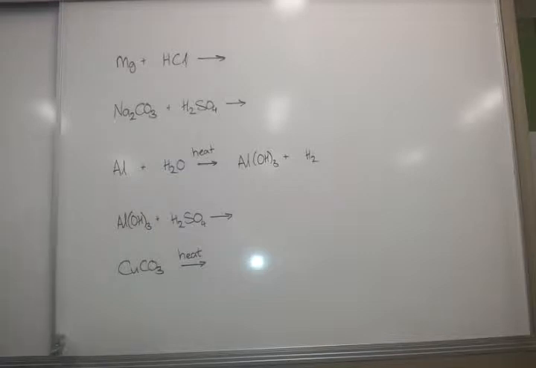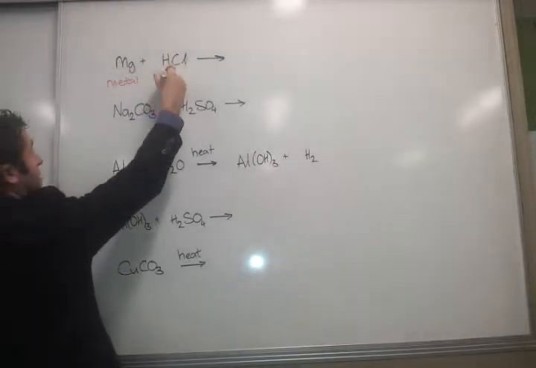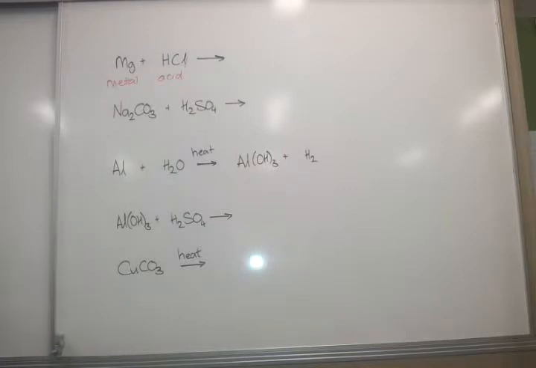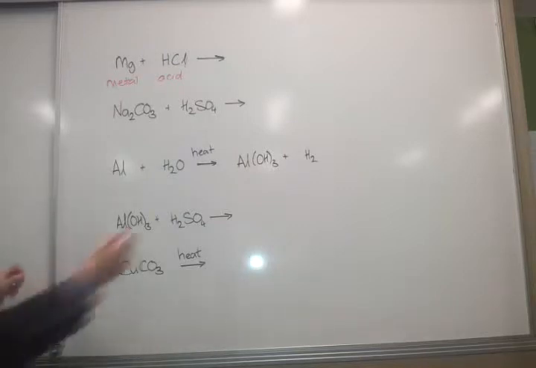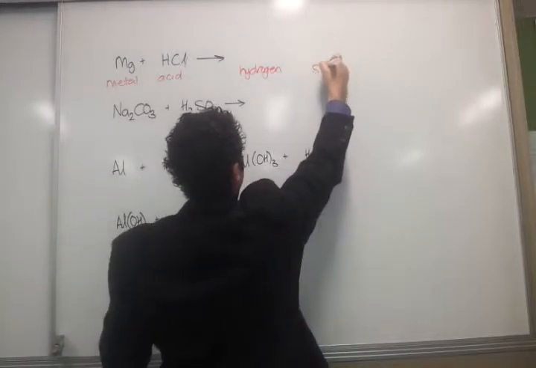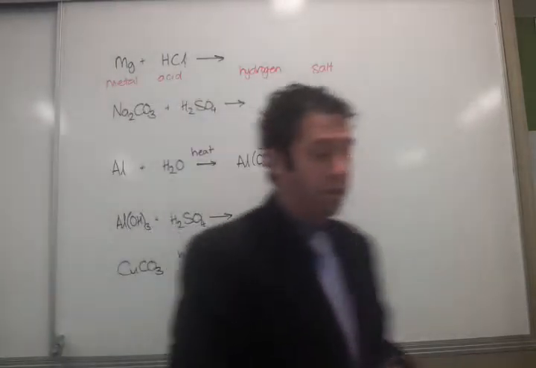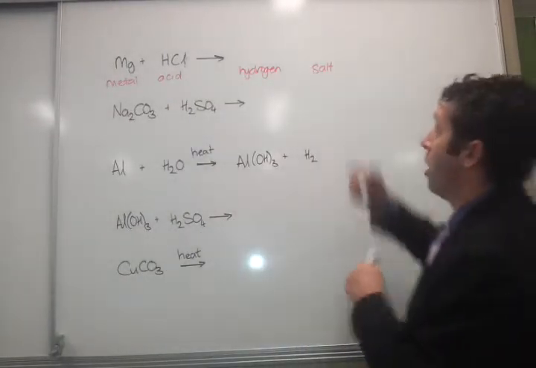So, first thing that I do when I see an equation, whether it's a word equation or a symbol equation, is I look at what type of reaction this is. So I identify what the reactants are. So here I've got magnesium, which is a metal, reacting with HCl, which is an acid. Well, I know that when they react, they always make hydrogen and a salt. Alright, so I can automatically chuck in H2, not H, H2 for hydrogen,